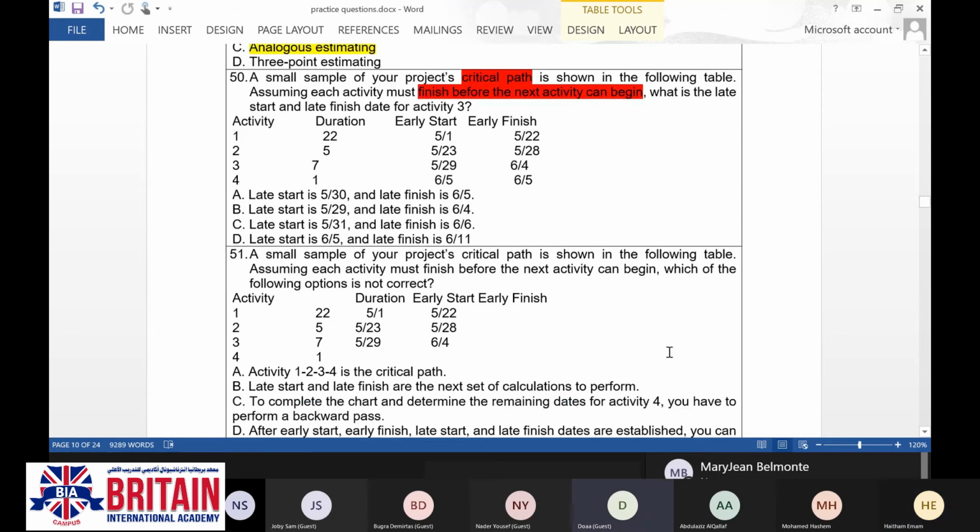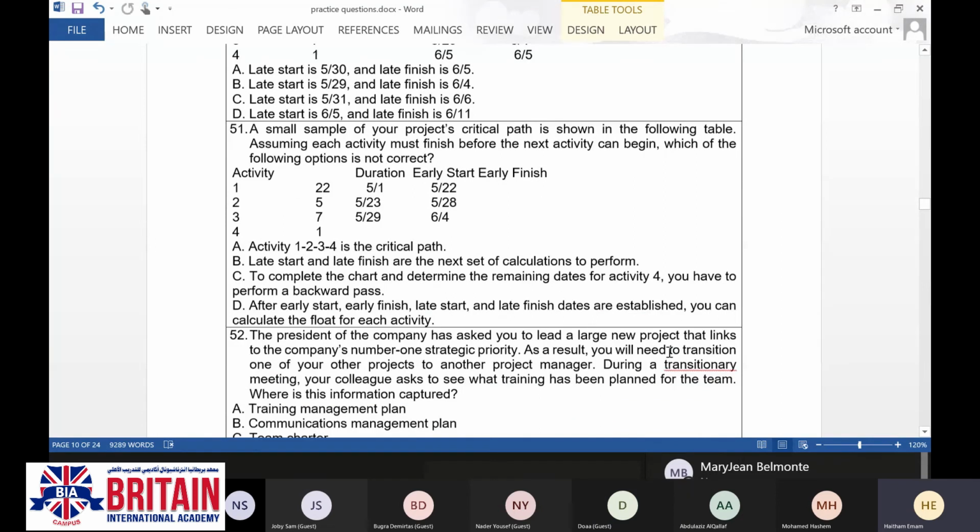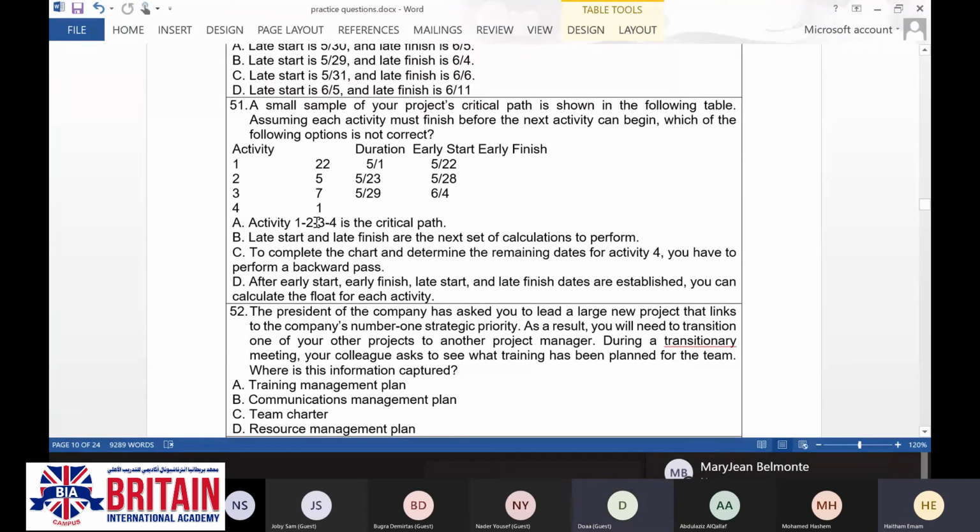Okay, duration 21 days, early start. Sorry, I was reading 50. Okay, sorry. Let me scroll it down for you so you can focus. Okay, just let me read it one more time, please. Take your time.